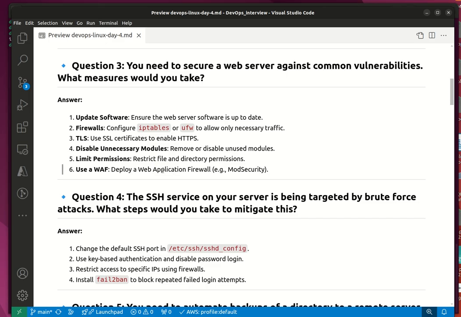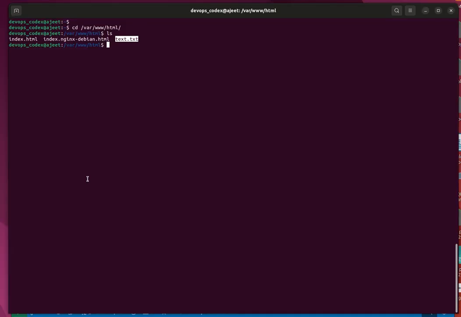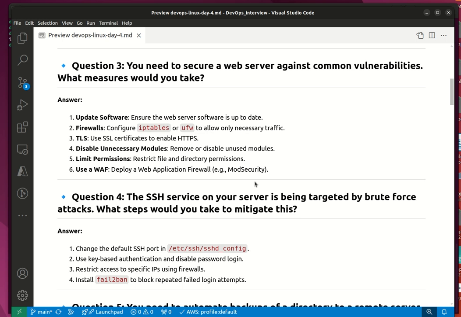And last one, OS level, if you are using Apache web server or Nginx, you can use mod security. Mod security is the Apache module which makes sure your web application works as a web application firewall. You can create different kinds of rules. Suppose you want to protect from SQL injection, you can create the rule, and whatever reject patterns will be there, if you want you can create the rule, and based on that you can restrict your